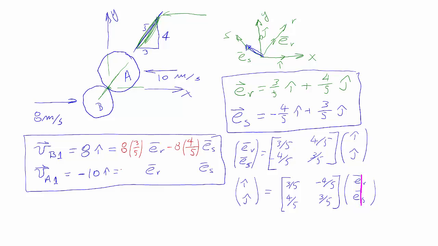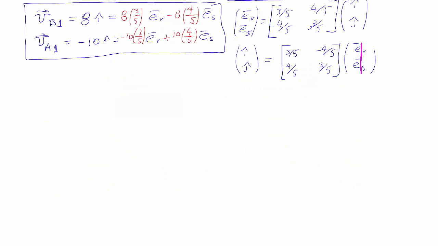So what I end up with is minus 10 times 3/5, and then plus 10 times 4/5 there. So I have now the velocities in a new coordinate system, and what I'm going to do is move the page on down. And I'm going to say velocity of B initial is now equal to, okay,